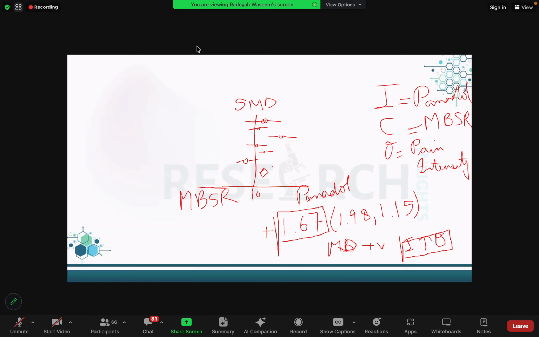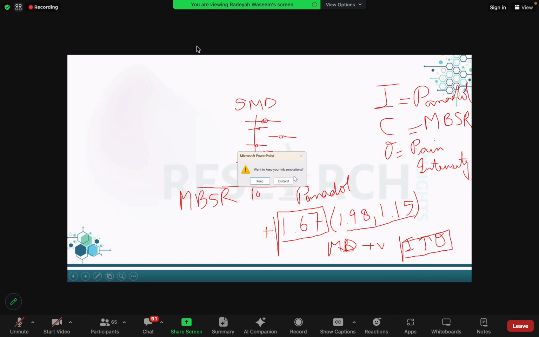Okay, rest of the participants as well. Is this clear? Any question, any confusion? Ask me right now. Okay, great. Now look at this confidence interval. Is this confidence interval significant or non-significant? Significant. Great. So I think you guys did understand how to interpret forest plots. You understood the labeling over here.